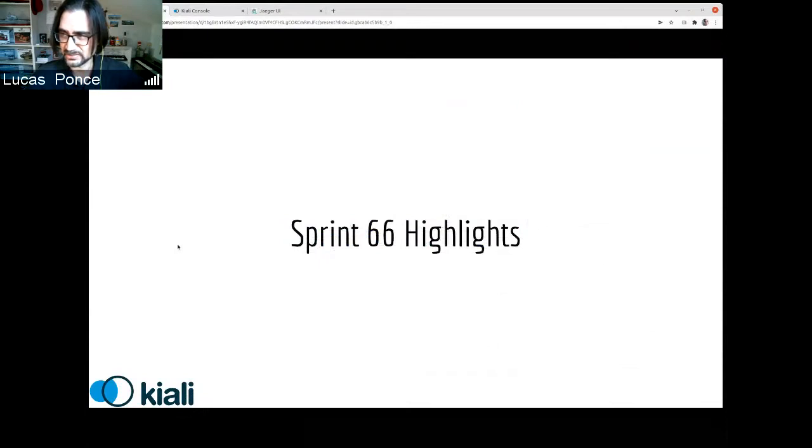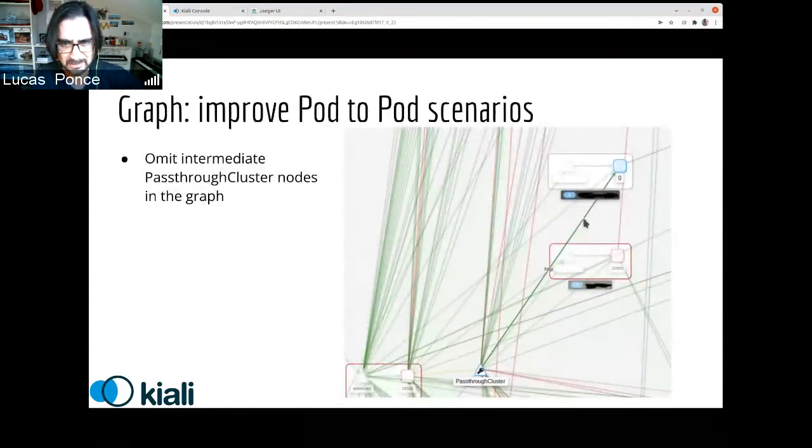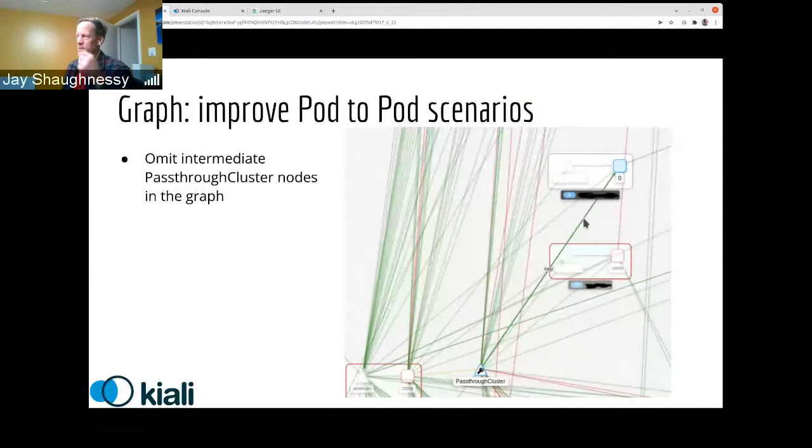Okay, so some of the highlights, the features that you will see in this sprint, about the fixes and new features. So we are going to start with an improvement to the graph. I guess that Jay, you can comment a couple of words about it. Sure. So this really doesn't affect that many users, but if you get affected with this sort of narrow use case, it can be sort of detrimental to the visualization in the graph. So the idea here is that if you've got direct pod-to-pod communication or requests going on in your application setup, the way that that's handled and reported with telemetry in Istio